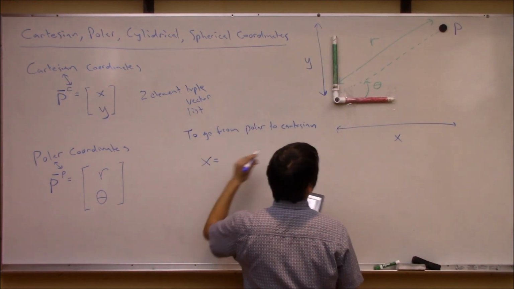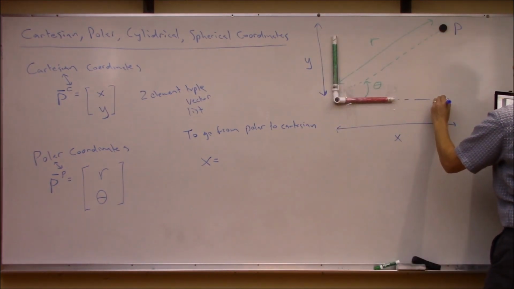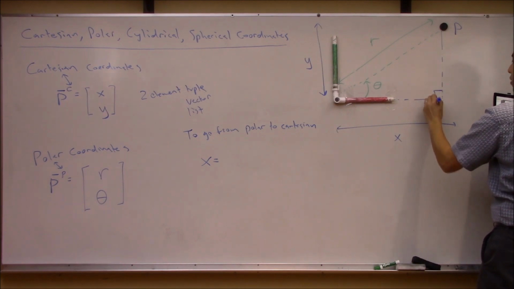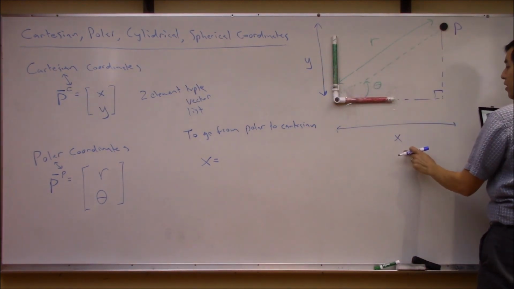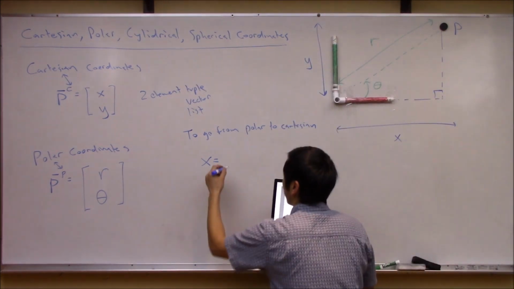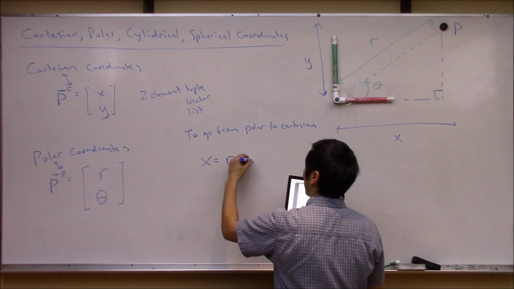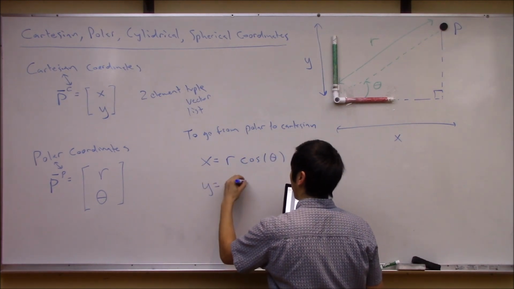X, we see, is just what? There's a right triangle here with a hypotenuse R. So R cosine theta is going to give you X, and R sine theta is going to give you Y, right? So we have X is R cosine theta, and Y is R sine theta,